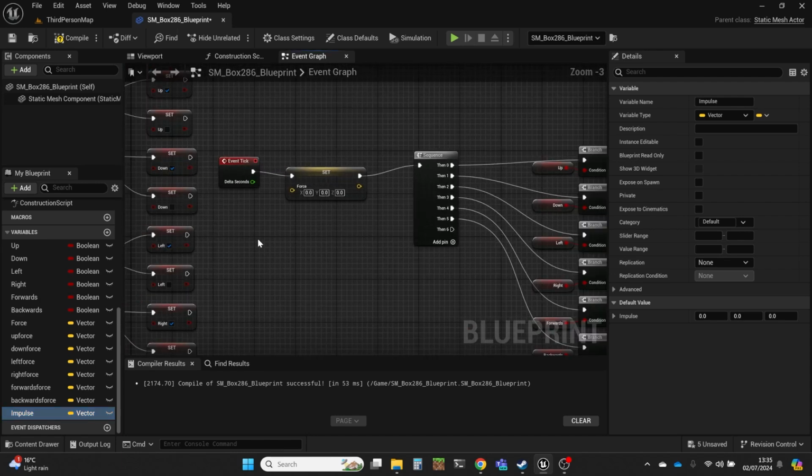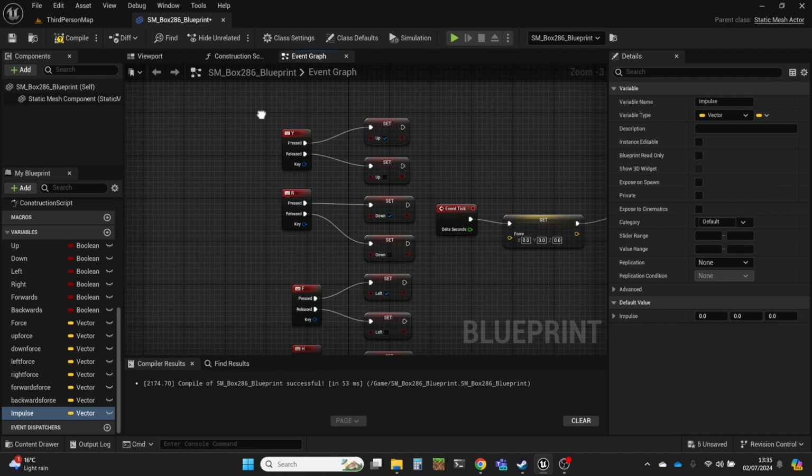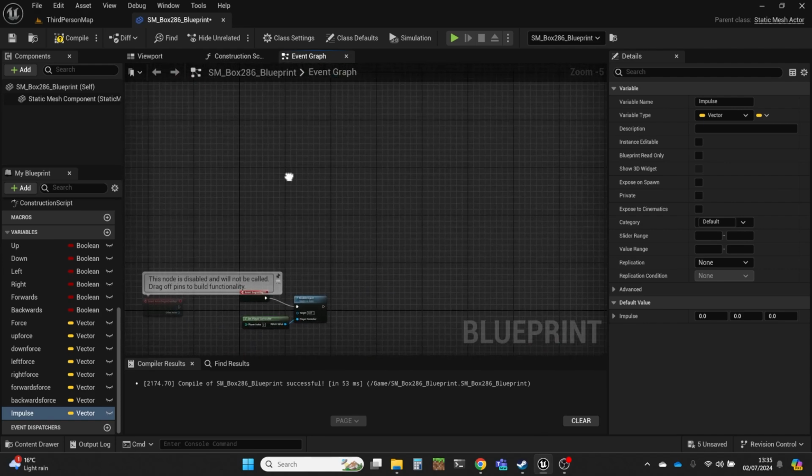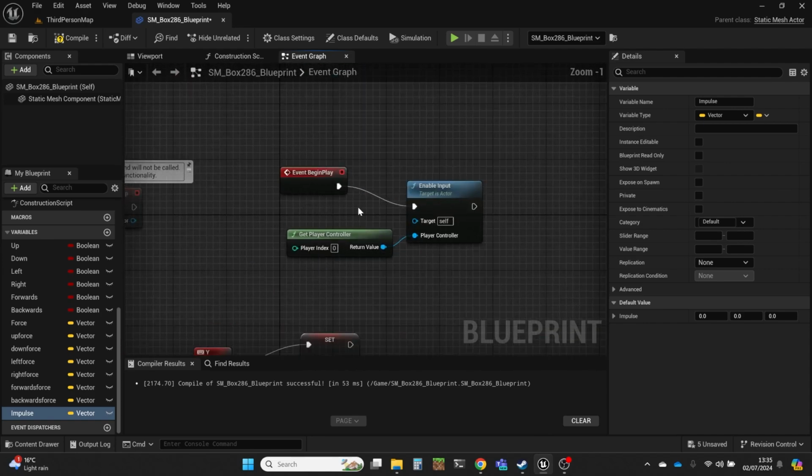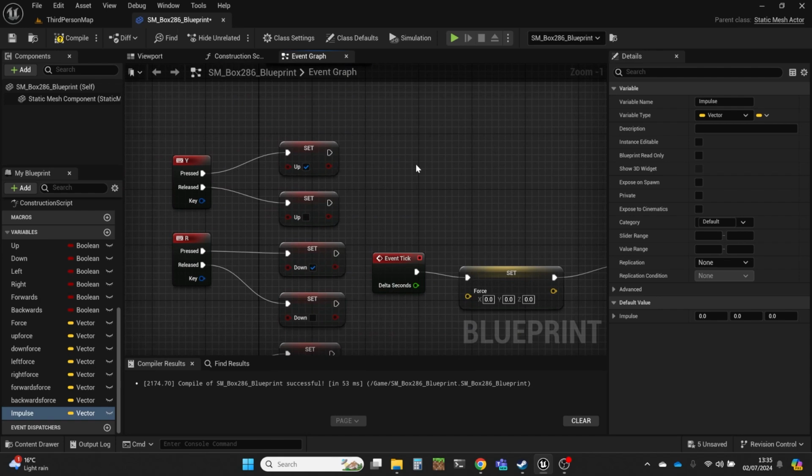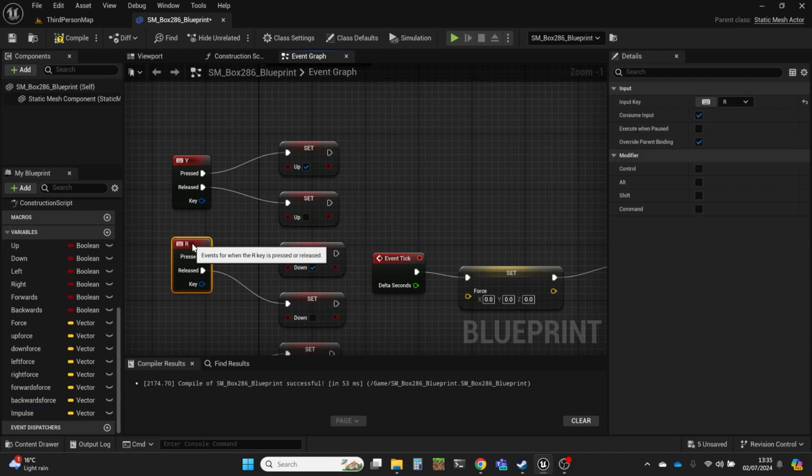The other thing that I've got going here is I have enabled input. So I'm using, here we are, event begin play, enable input and play controller. And I'm just using the simple input where you just directly pull the information off of the key being pressed. So got pressed and released. And so Y, well, this is a kind of set out like WASD, but actually 3 keys to the right of that. So we're using Y and